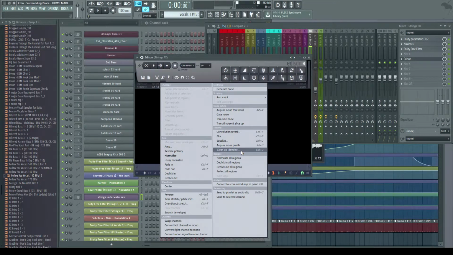He might have put some reverb on it too. But the key of it all really was the cleanup or denoising effect that you have within Edison.